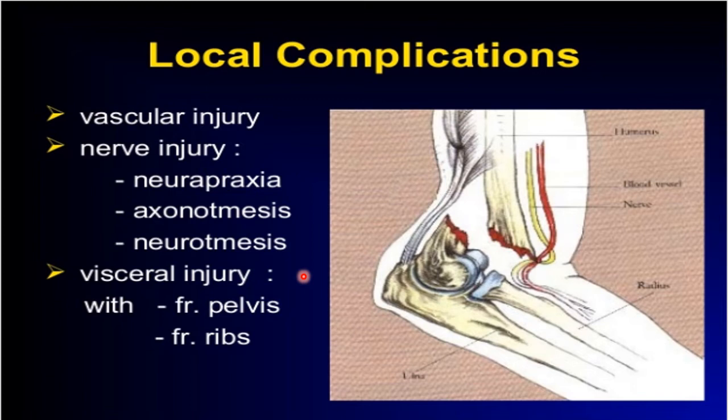Remember, there are simple and compound fractures. If the overlying skin is intact in this fracture, but it is complicated by a vascular or a nerve injury, this would be a simple transverse or oblique fracture of the lower end of the femur, which is complicated by a vascular or neural injury. So this would be a simple complicated fracture of the lower end of humerus.